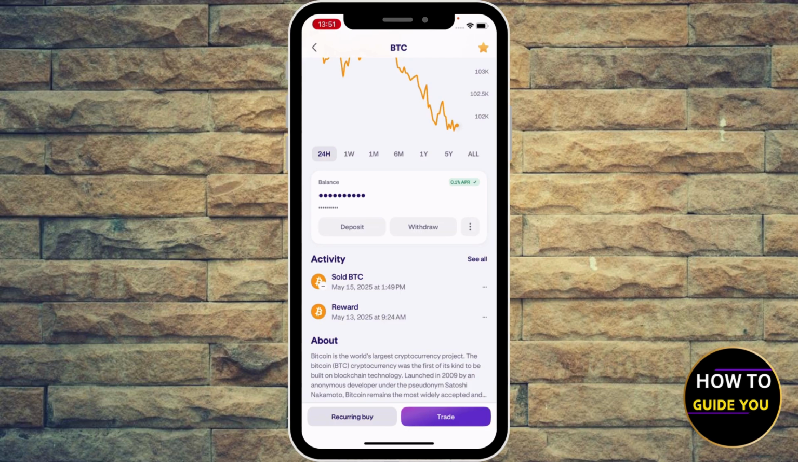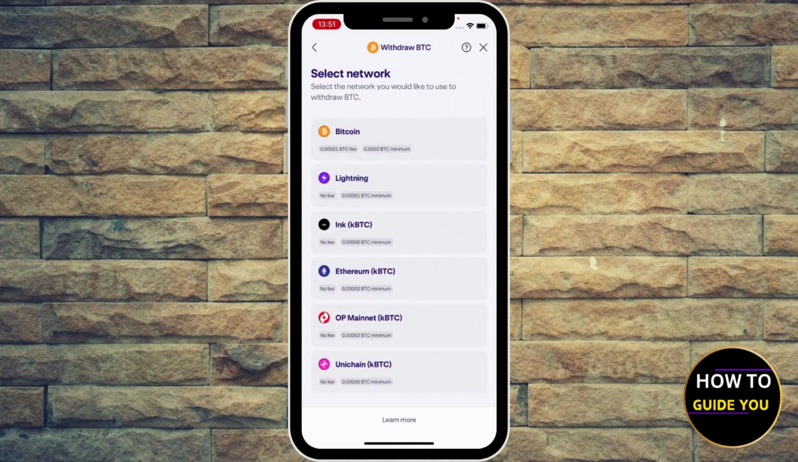Just go ahead and hit withdraw right here, and then select the network that the other platform deals with, right? So most famously, the Bitcoin network or Lightning, as well as Ethereum, or Mainnet, excuse me, or on-chain, and then you're going to see the short name for each one. So let's say, for example, I'm going to select Bitcoin,